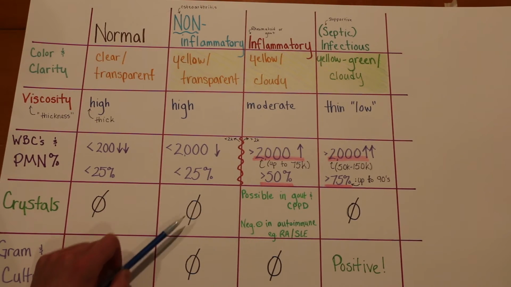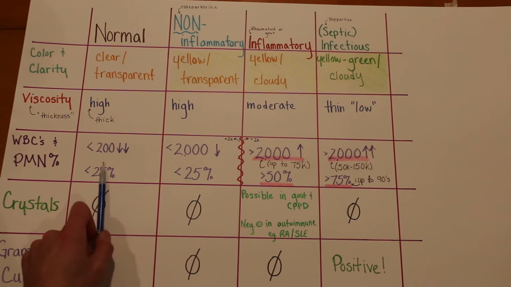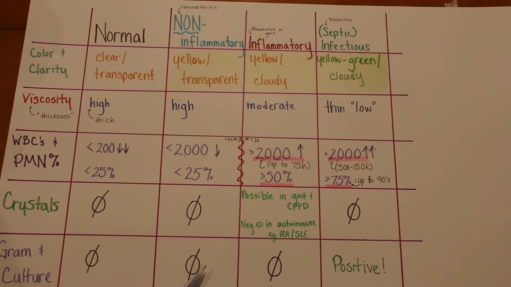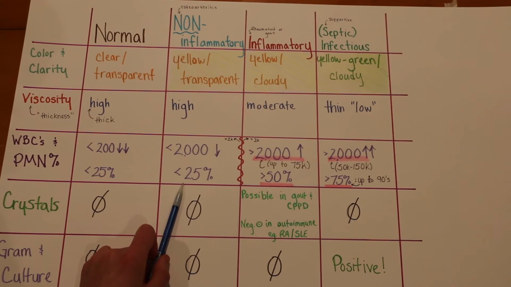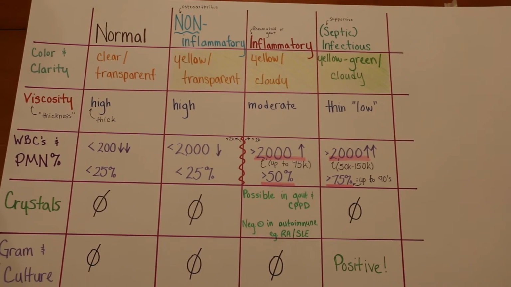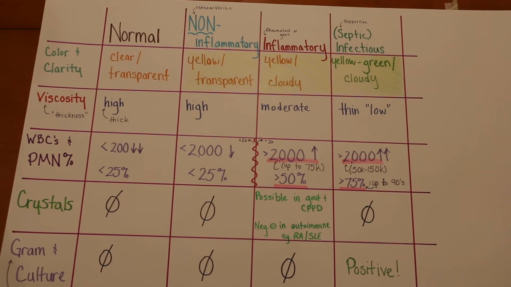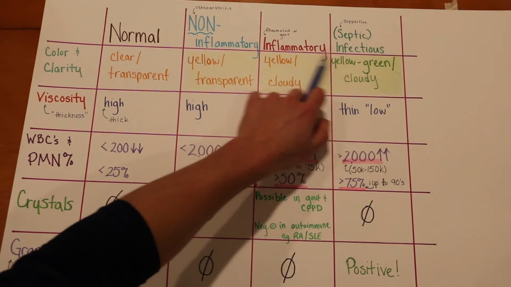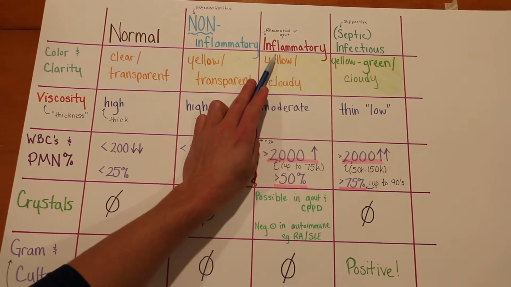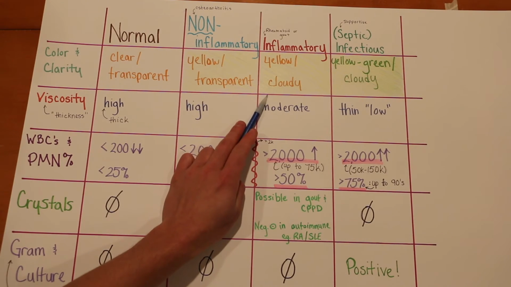The key here is cell count is very low and less than 25% PMNs. There's very few acute inflammatory cells, and there's more chronic macrophages and lymphocytes in the joint. Again, negative for crystals, gram stain, and culture. Then you get to the last two categories, and these can be very tricky to tell apart and require clinical correlations. In an inflammatory arthritis, the color of the joint fluid is still yellow, but there can be some cloudiness